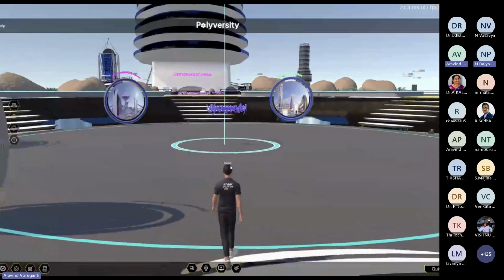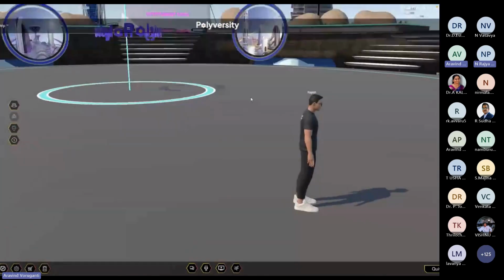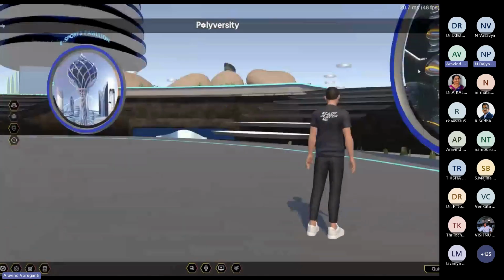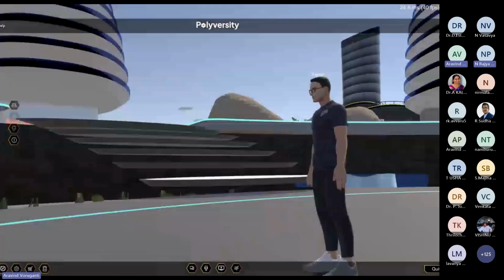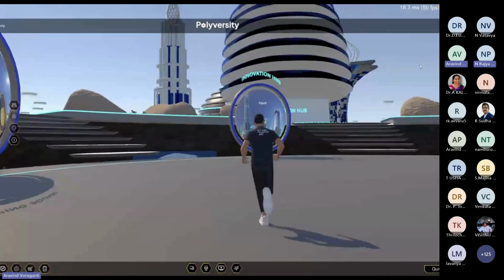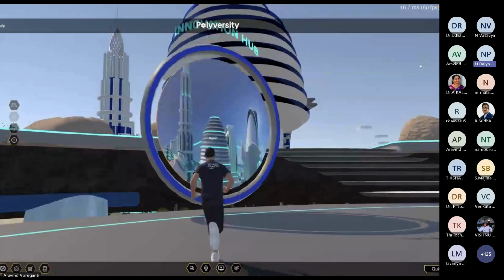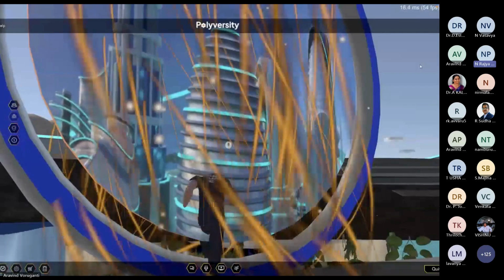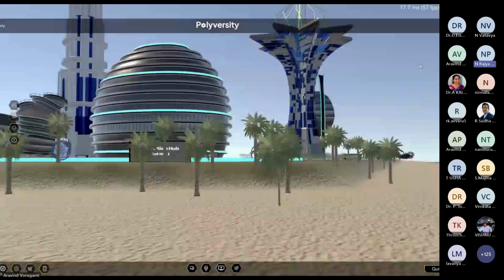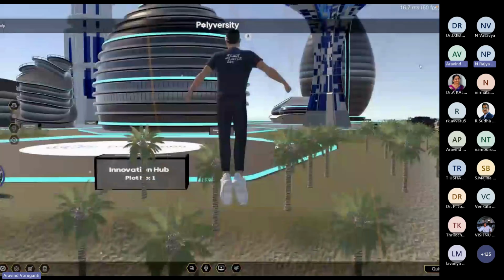And recently on our innovation hub, one of the leading protocols, Hedera, which has an organization called the Hashgraph Association, has also bought one land parcel on this innovation hub. Yeah, so you can see that. We allocated this land parcel.